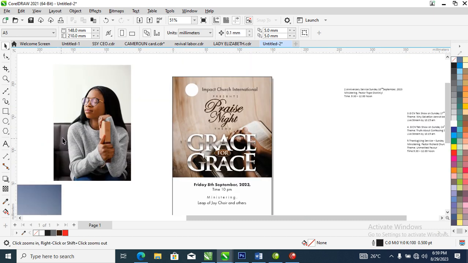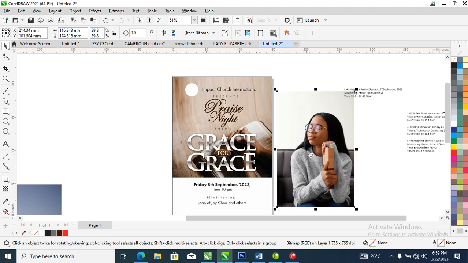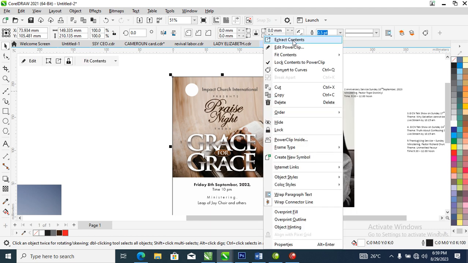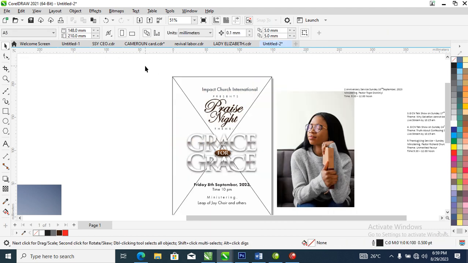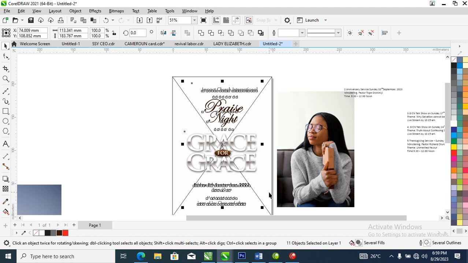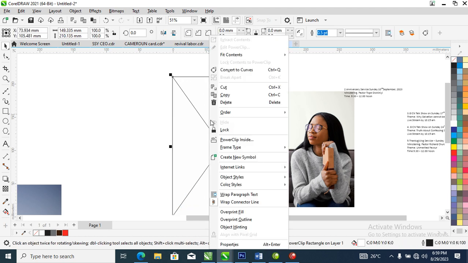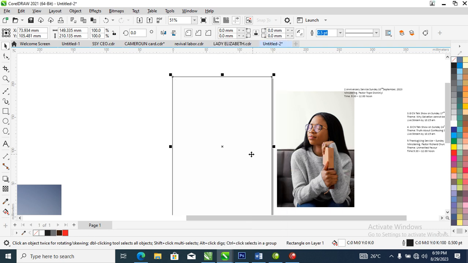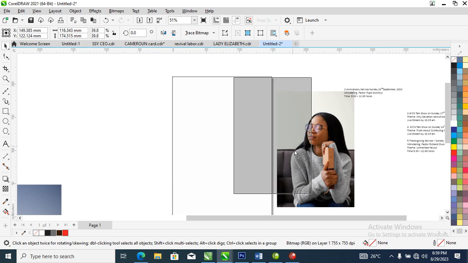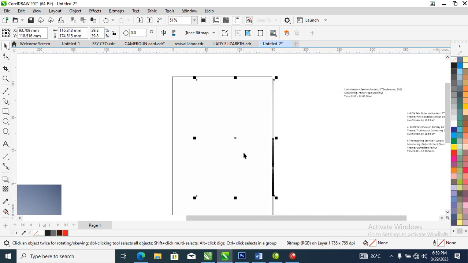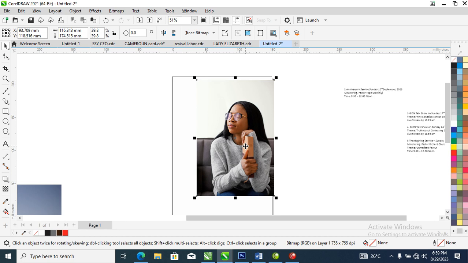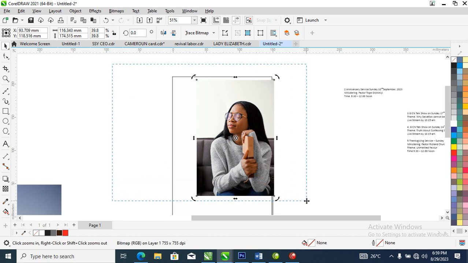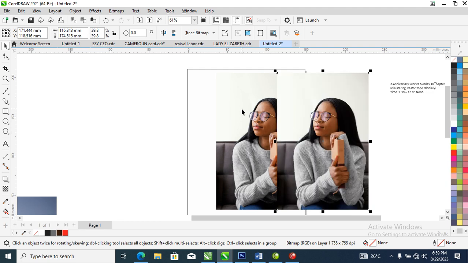So we are going to make use of this picture, extract the content of this, delete that, then delete the whole thing. We don't need that anymore. So right click, set there. So what we're gonna be doing right now is page up this. So we are going to create, or better still, make a copy of the image,